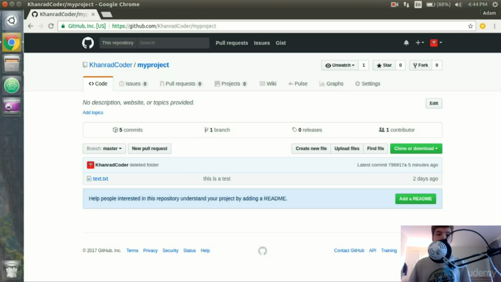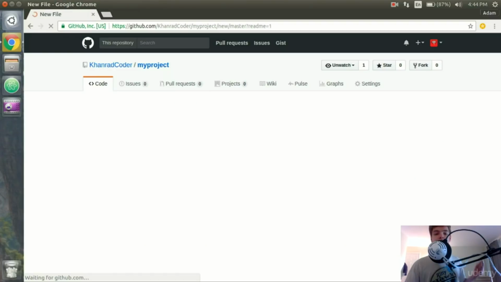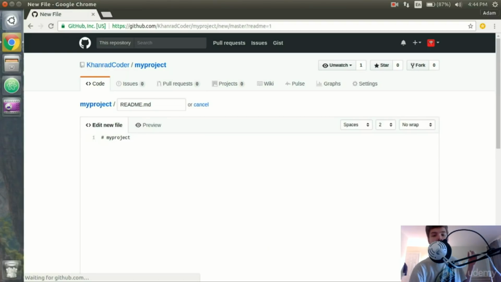So in this example, GitHub really wants us to use Readme Files. As you see down below, it says, help people interested in this repository understand your project by adding a README. And there's a little button right here for us to add a README. So what we're probably going to want to do is click that button. Okay, so now once we're here, you see we are going to create a README file for our GitHub repository,